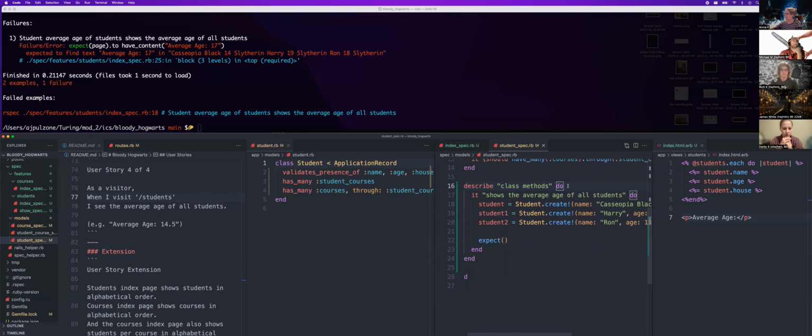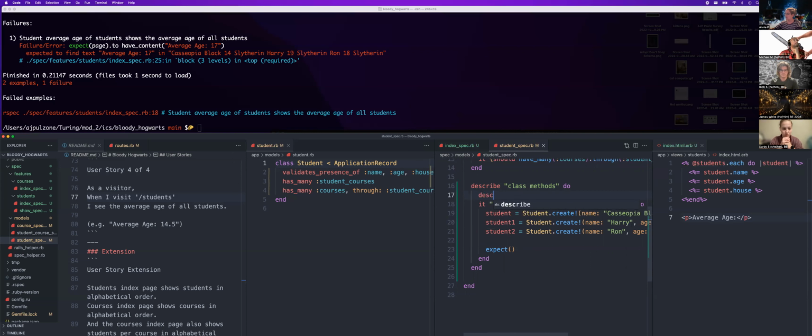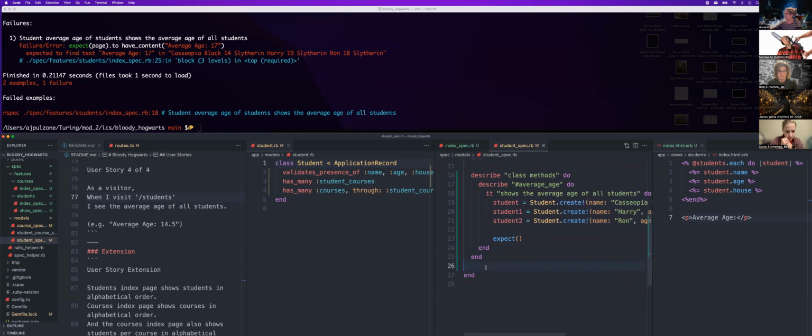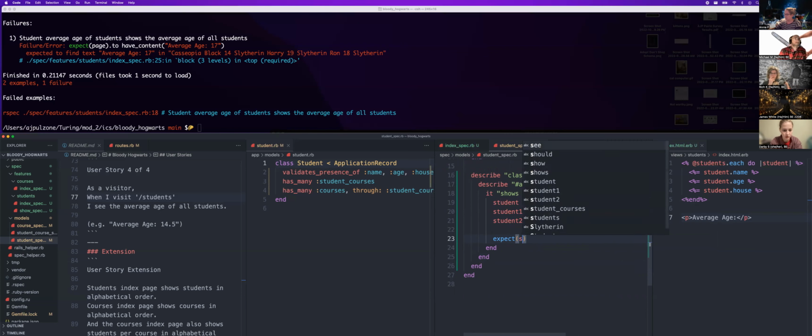Do you want to describe down here too, to just have that specific method name? You can if you want to. So describe, what is this? Average age. I like it. I tend to organize mine that way just because my brain melts and I can't remember what my method name was if I don't do it that way. I like that. Okay, so I think you need another end. It's got a nice little mic here. Yep, thank you. So then on line 23, expect student dot average age